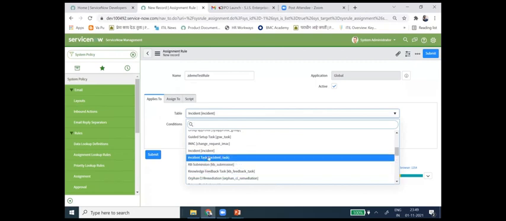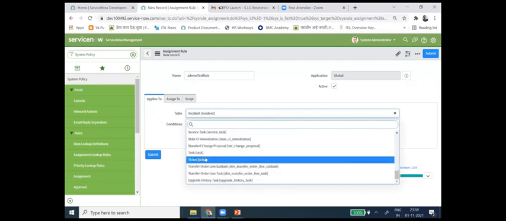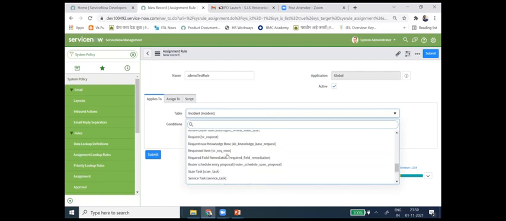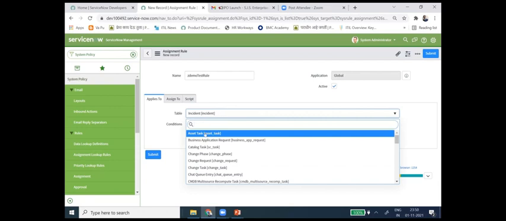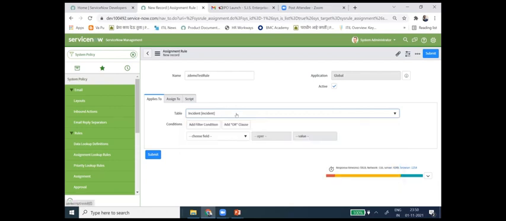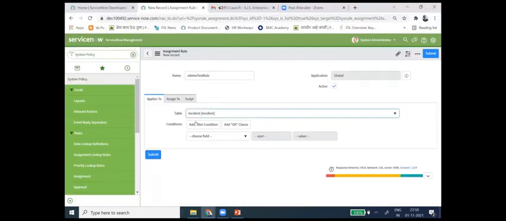There are many other things: incident, task, problem ticket, change request will also be there. So all these things you can create the rule for anything. Now for simplicity, we are creating it for incident. Okay. I want to create the rule for incident, and condition is, I can create a condition,